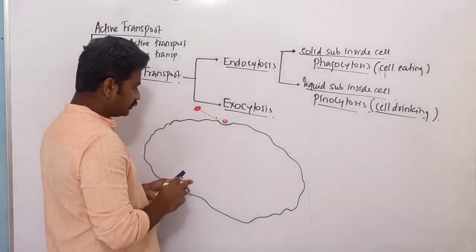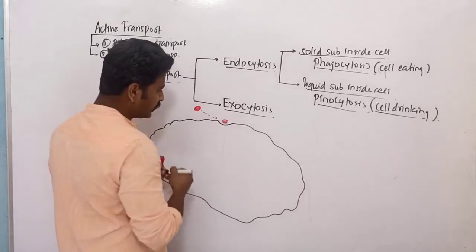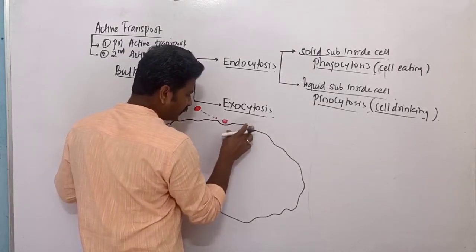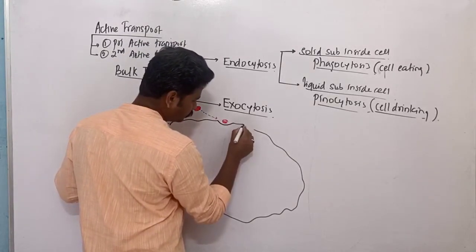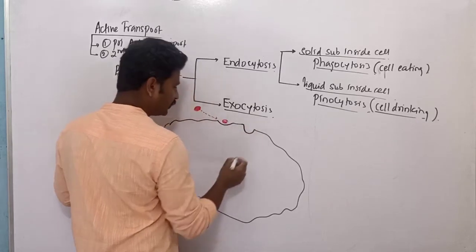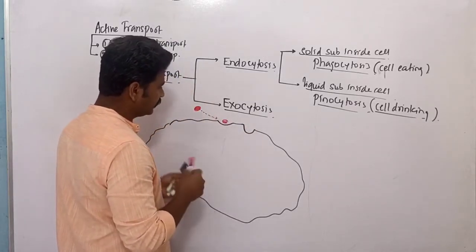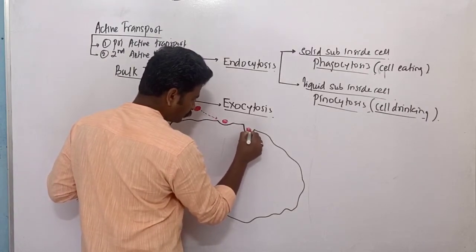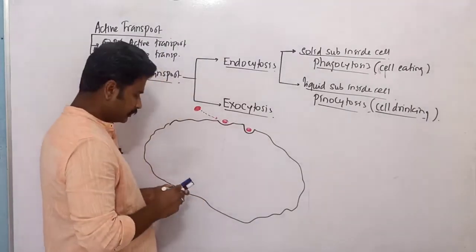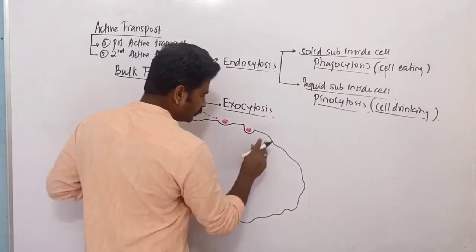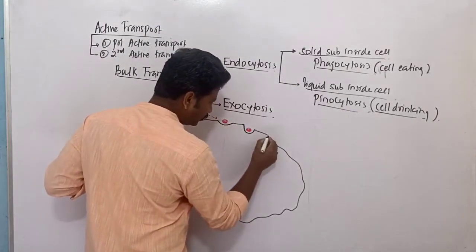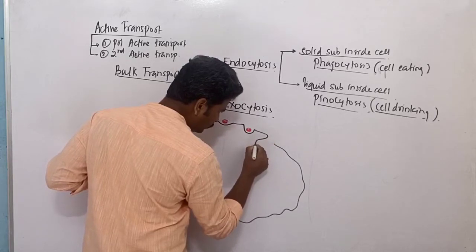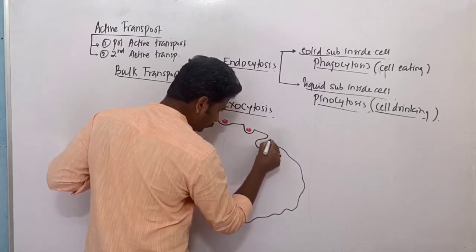Clear? Then this furrow developed in the plasma membrane will gradually deepen and the food will sink in that furrow. Clear? Then this furrow will further deepen and encircle the food completely